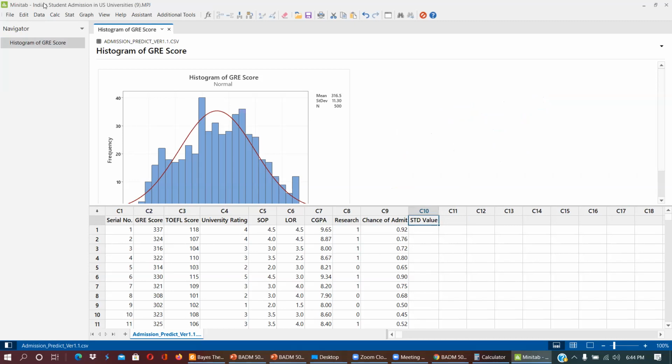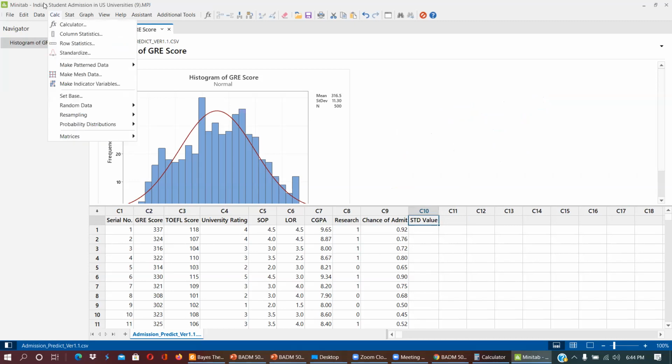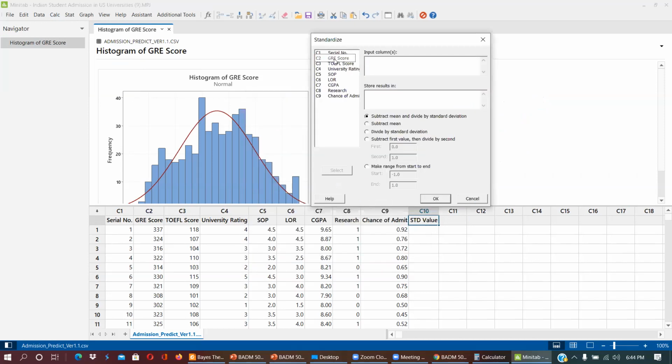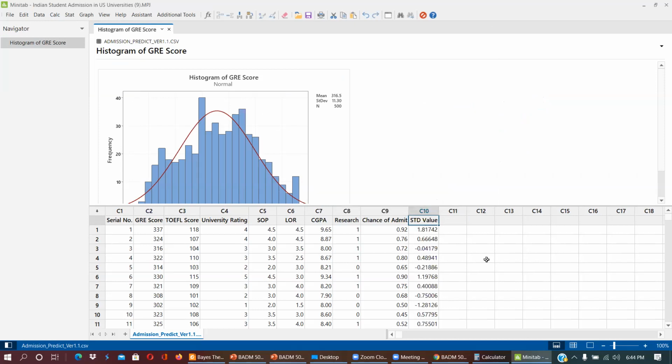in this column. Under Calculate, we have a standardization option. Can you see this? Here, input column GRE score, output column standard value, and we are not going to do anything else. Just click here. Look into this: for example, I said this is a bigger value, and here you can see this is a positive value. Similarly, you can see 314 is a negative value. So this is called the standardized